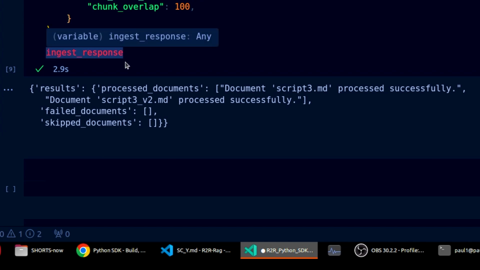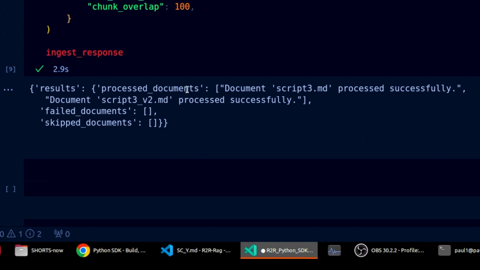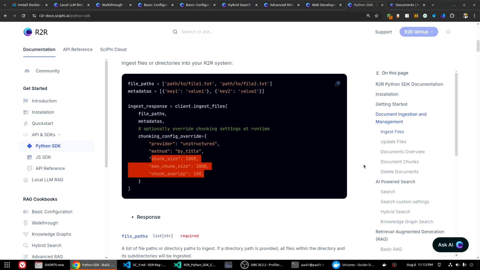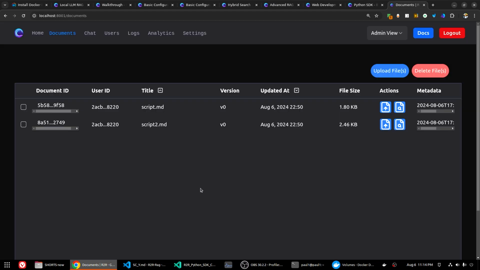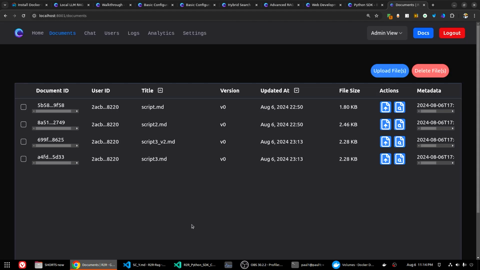When I print the ingest response, it says processed documents, so these 2 documents are processed successfully. It says it clearly. So let's go back. And okay, there are also failed documents and skipped documents. Yeah, those are empty. If there were some documents which could not be uploaded, they would show up here. So let's go back and refresh it. Yep, everything is fantastic. We can see that there are 2 more documents that were uploaded just now. These 2, script3 v2 and